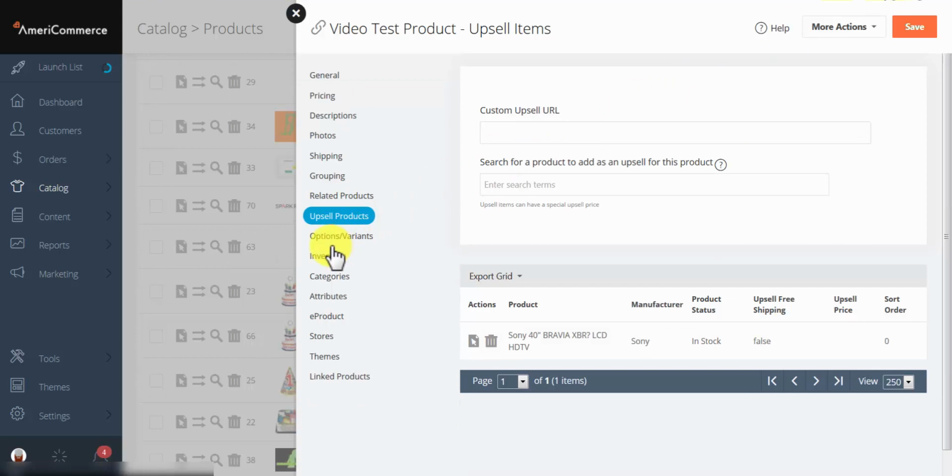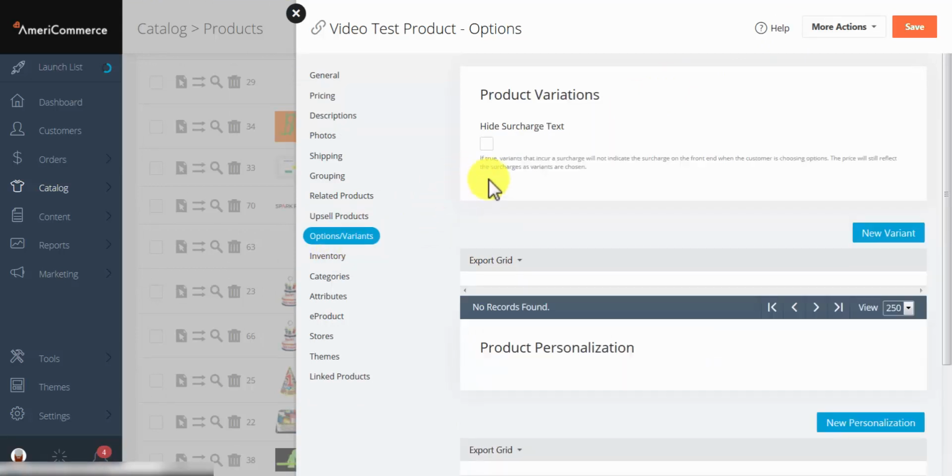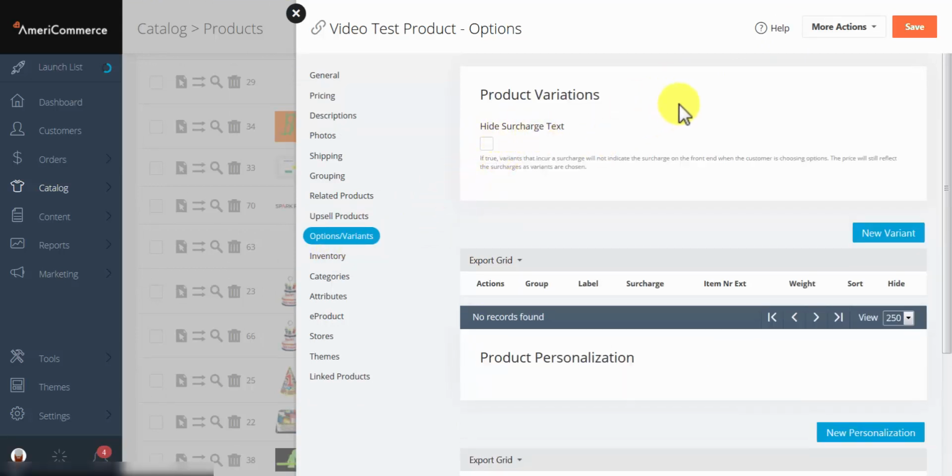Up next is the Options and Variants tab. Our first setting is Hide Surcharge Text. If this is selected, and any of our variants have a surcharge, this will hide the text from being displayed to the customer, but it will still affect the price. For instance, if I have a product that's $10 and I have a surcharge of $5, my customer won't see anything saying, hey, there's a $5 surcharge, but once they add that item to the cart, it's going to be